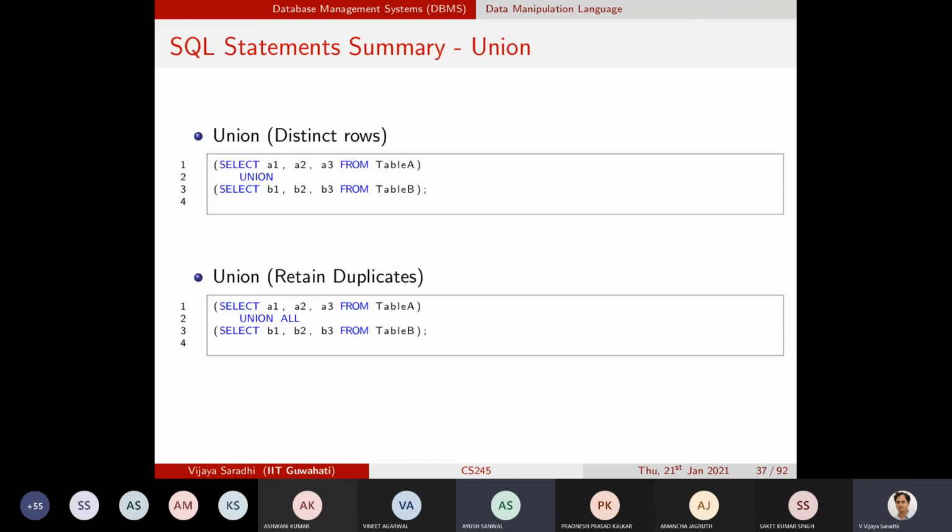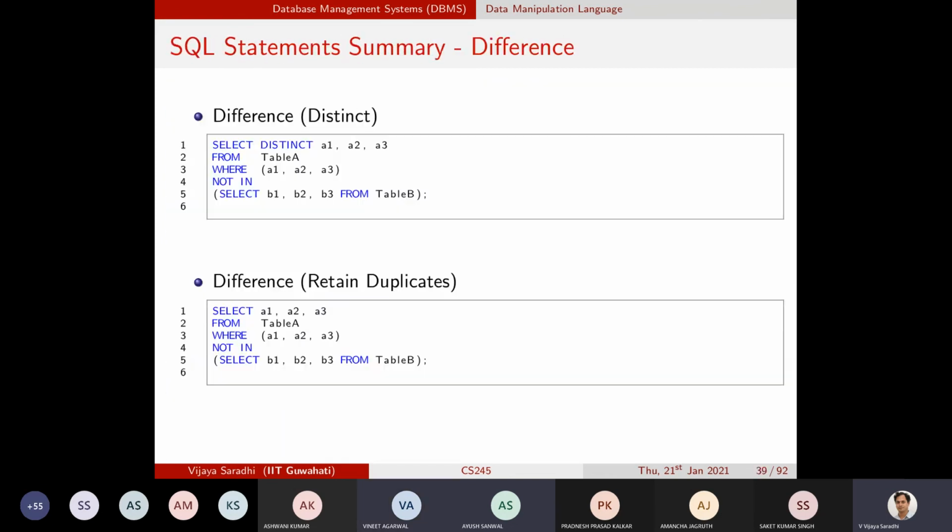The other student is also asking: does this truly give me the bag operations with respect to duplicates? I'll once again very clearly convey to all of you how it works in the presence of duplicates. Fine? Okay. Yes, sir.